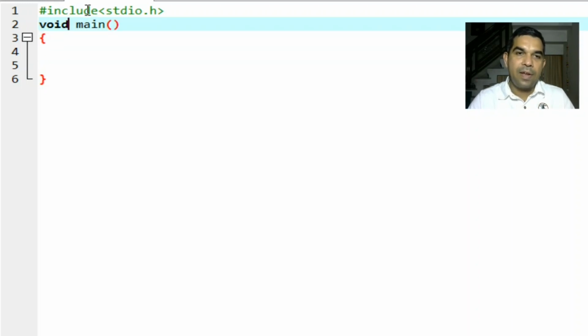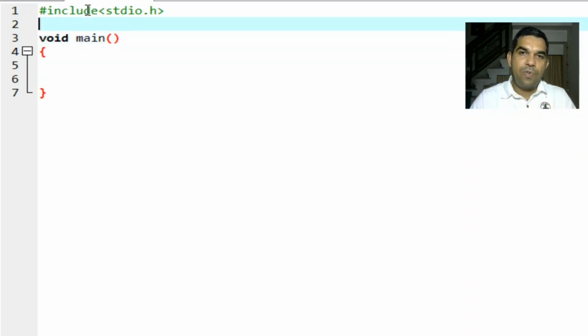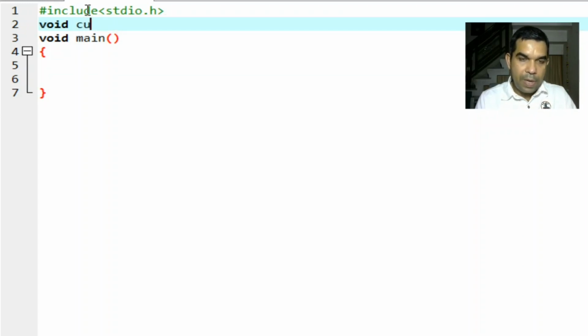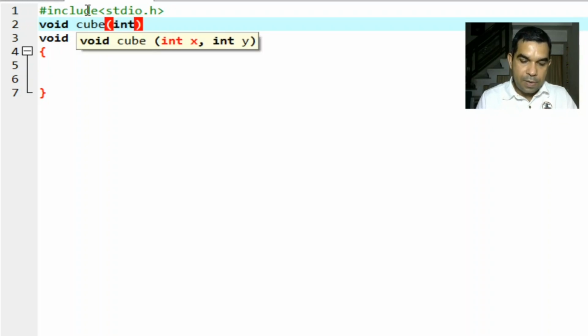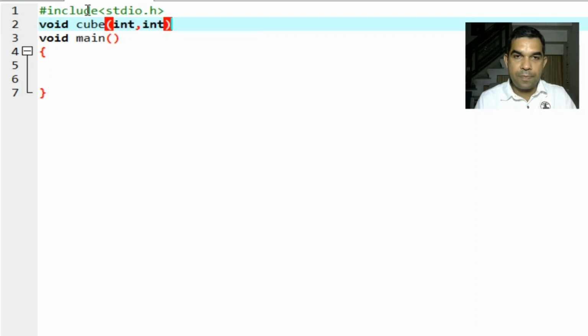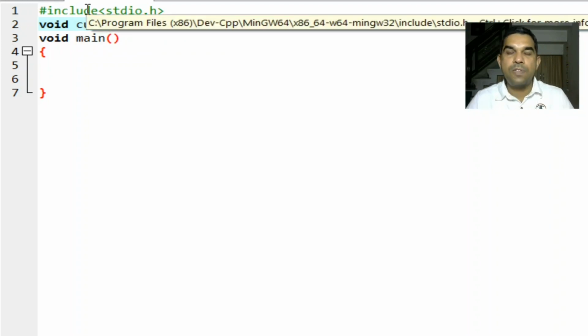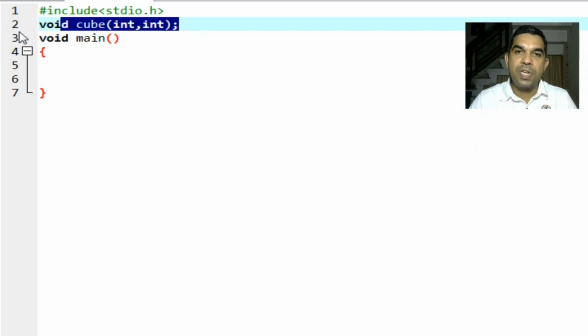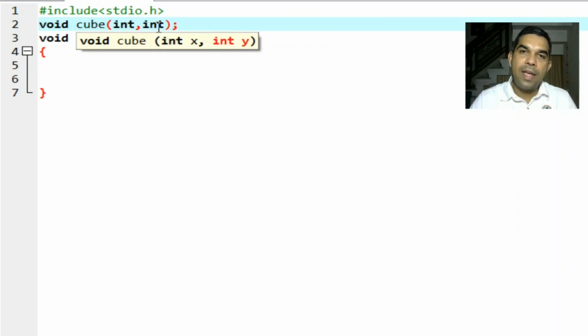For that, first of all, we have to define a function: void, and I name it cube, int, int. So this is the function declaration, and this void means the function return type. This is the name of the function, and the two int here are the inputs.